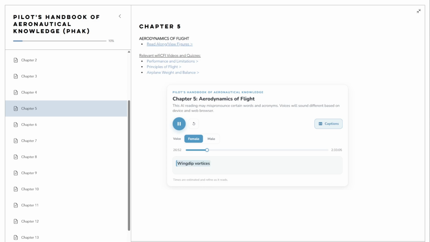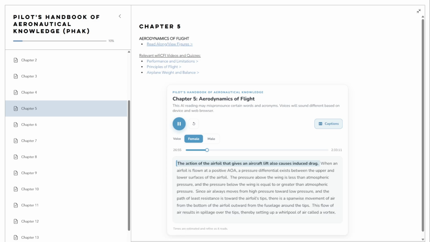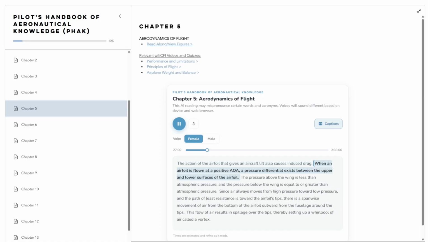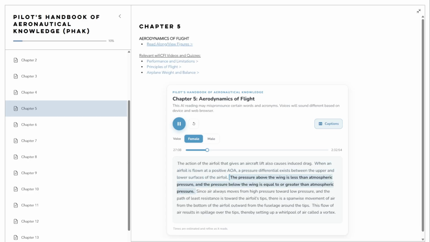Wingtip vortices. Formation of vortices. The action of the airfoil that gives an aircraft lift also causes induced drag. When an airfoil is flown at a positive AOA, a pressure differential exists between the upper and lower surfaces of the airfoil. The pressure above the wing is less than atmospheric pressure, and the pressure below the wing is equal to or greater than atmospheric pressure. Since air always moves from high pressure toward low pressure, and the path of least resistance is toward the airfoil's tips, there is a spanwise movement of air from the bottom of the airfoil outward from the fuselage around the tips. This flow of air results in spillage over the tips, thereby setting up a whirlpool of air called a